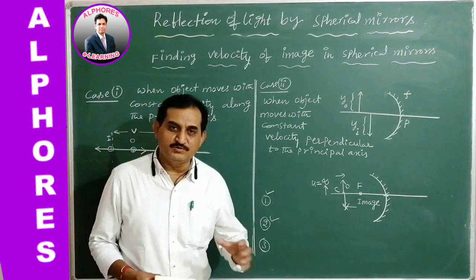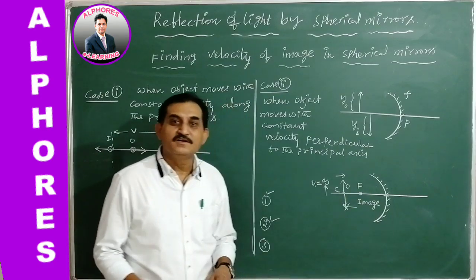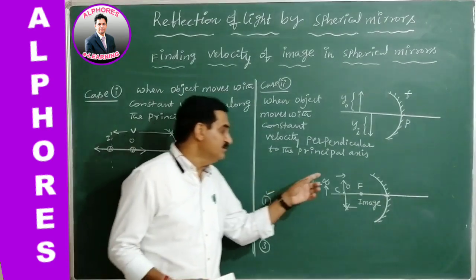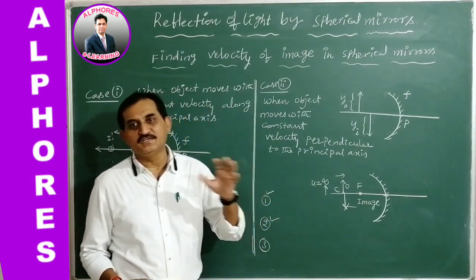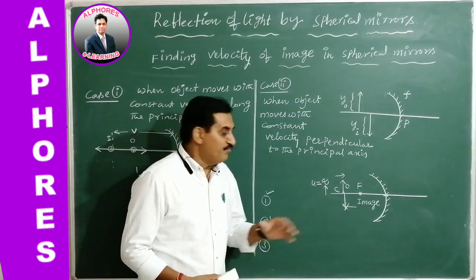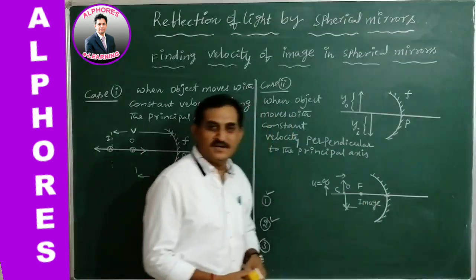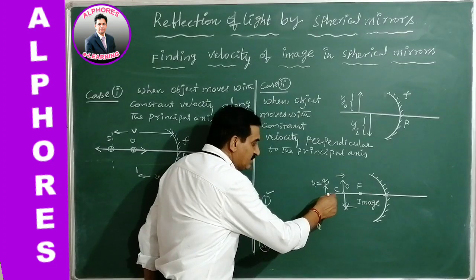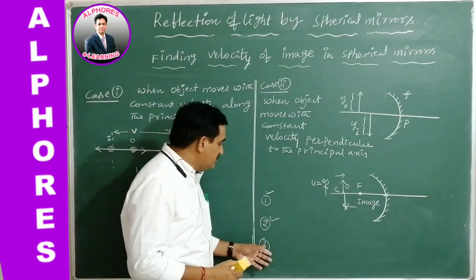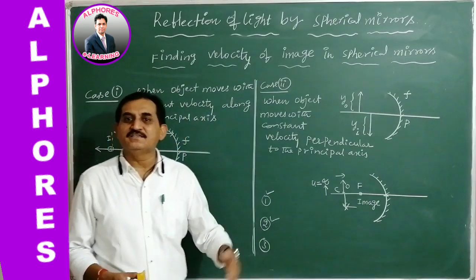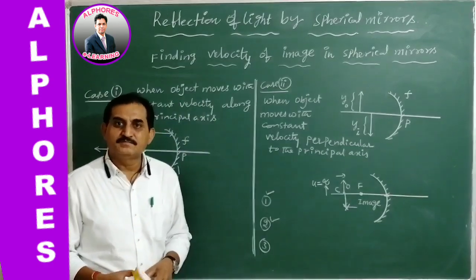Therefore, we conclude the speed or the velocity of the image in the spherical mirror should be equal to the velocity of the object, because of the same size of object and image. Now further, if the object is moved forward towards the spherical mirror and the image is moving away from it with increasing size, as size increases, its speed increases more and more for the image in the spherical mirror.